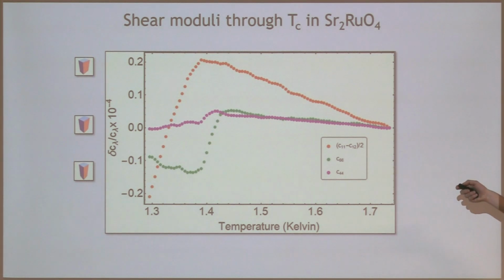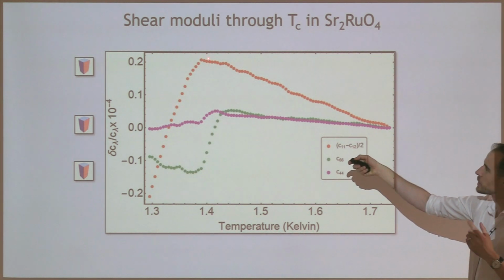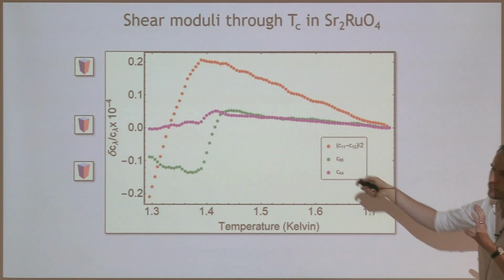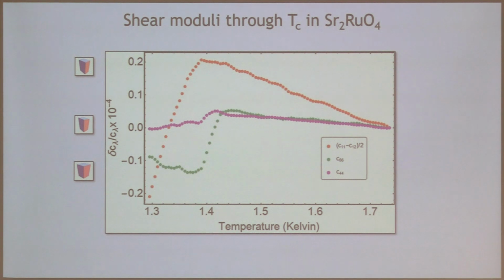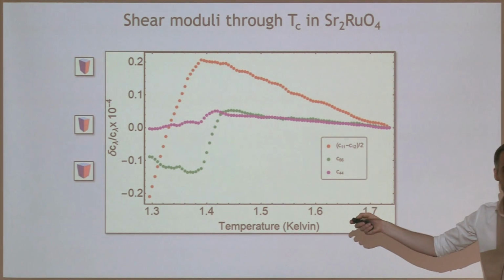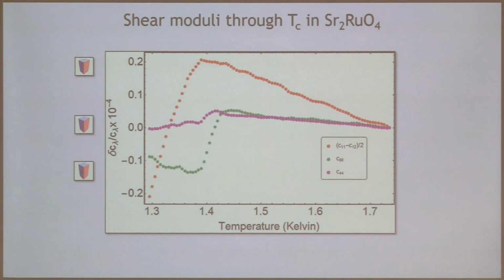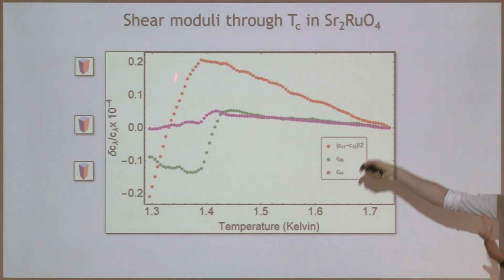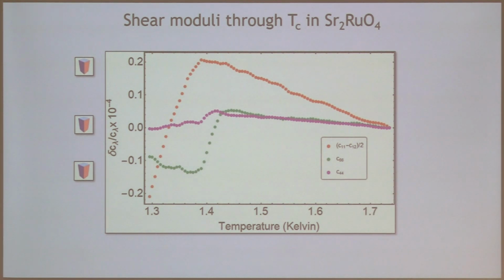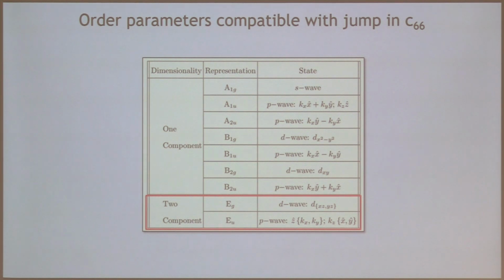And Christian Lupien also saw this. So to do thermodynamics with elastic constants, you have to do these experiments slowly, and it's hard to go to low enough frequency. Even at a megahertz, it's not really slow enough to do proper thermodynamics. So this is showing a drop basically due to Kramers-Kronig. It's being forced to change because the attenuation is changing so much. A bunch of details. We don't really know the answer, but certainly C66 shows a jump, and what that means is